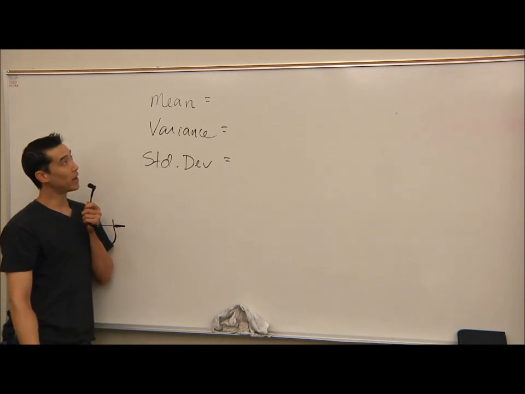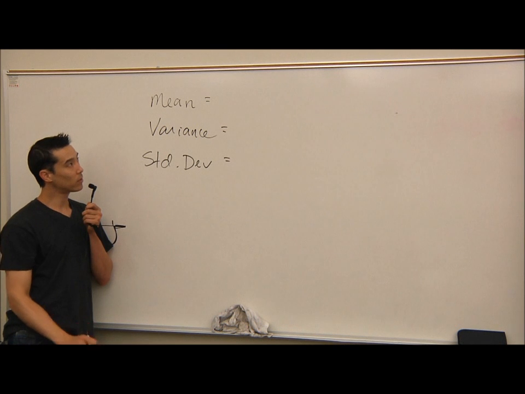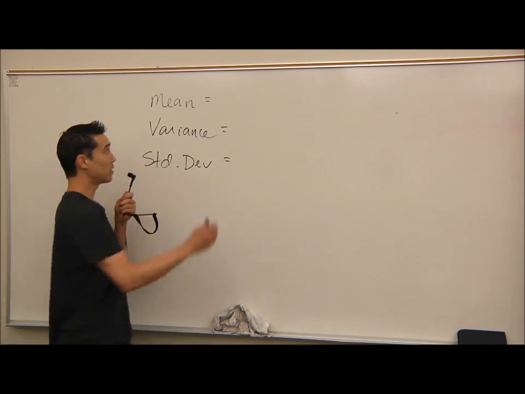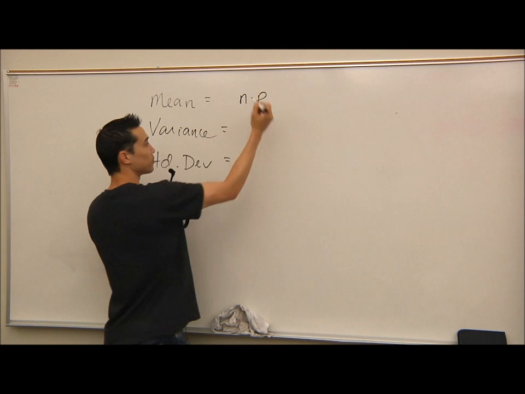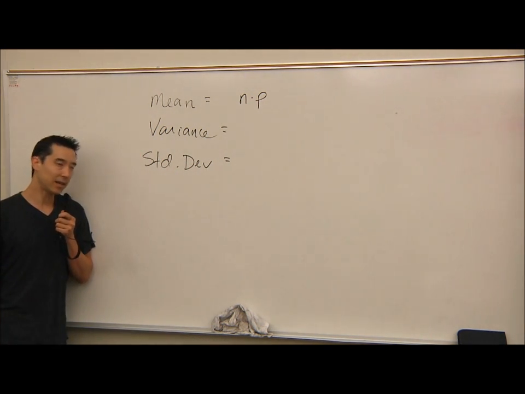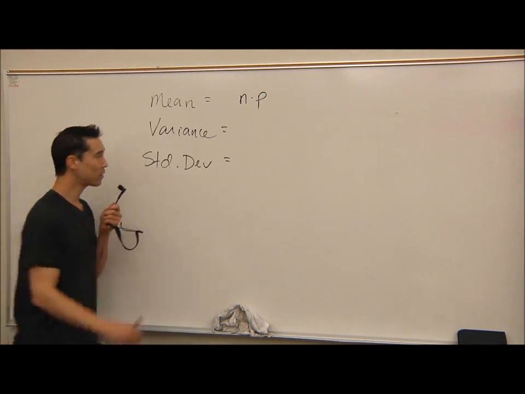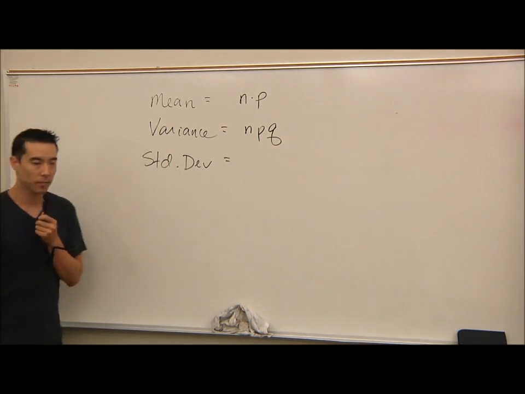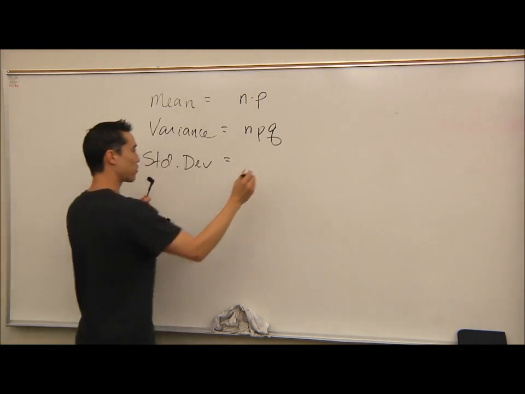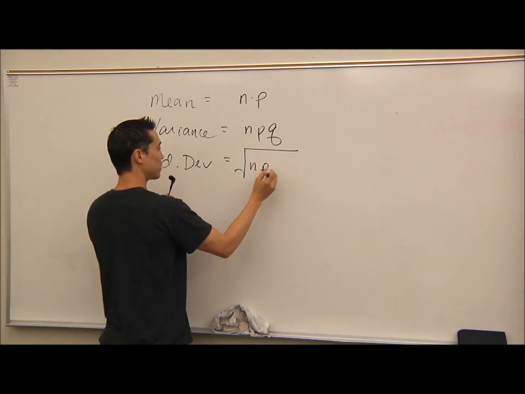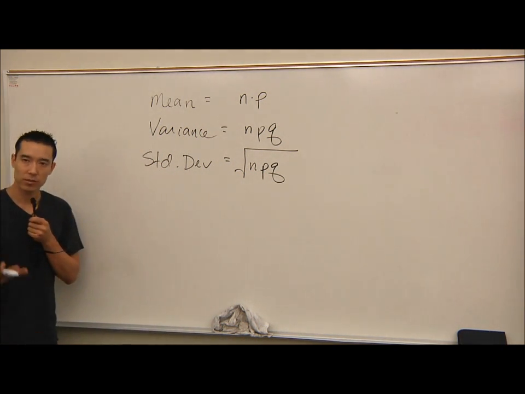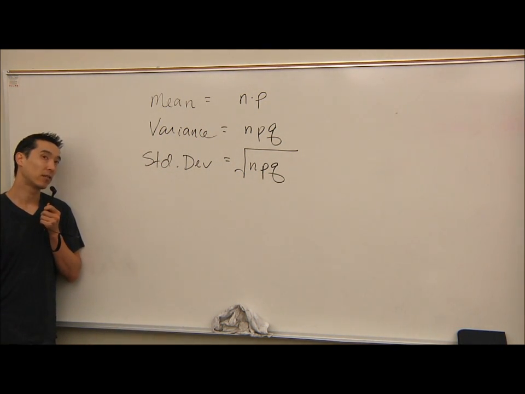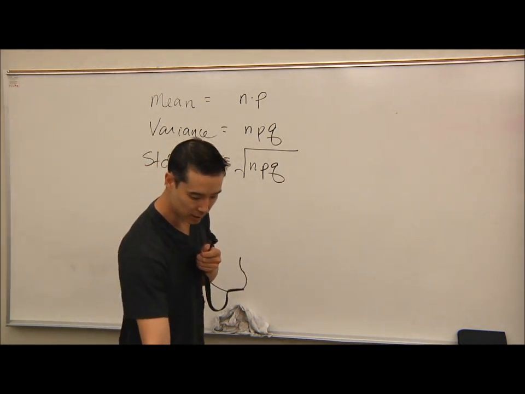Well, the great news with the binomial distribution is it's really easy to get these answers. The mean is just this formula, n times p. You don't have to do any adding and squaring at all. The variance is npq, n times p times q. And the standard deviation is the square root of n times p times q. That's super awesome because we don't have to go through that long-handed method of finding them. Please have these handy in your notes because they're going to save you a ton of time when you have to do a problem like this.